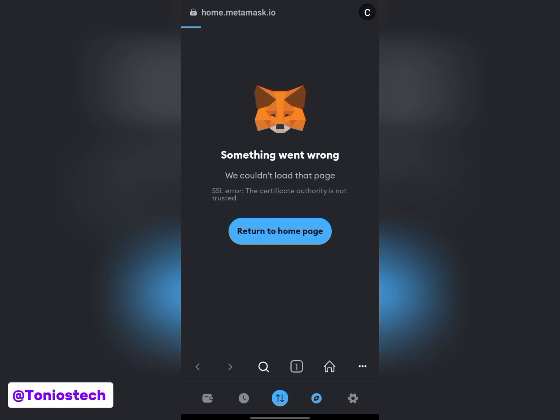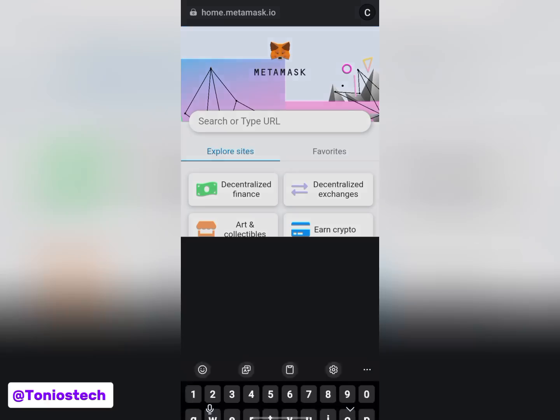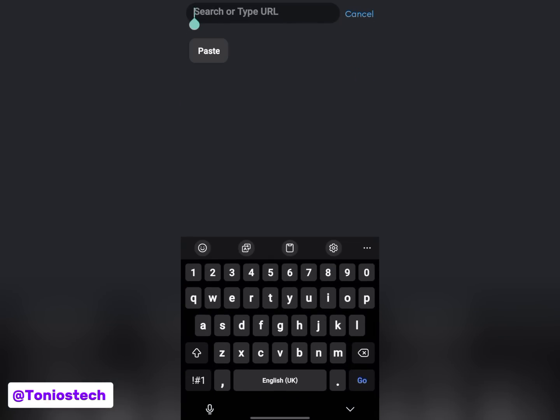Now, for some reason, I don't know why I keep getting this error on their page. And a lot of people have also reached out to me that when they try to do it with their Metamask, they keep getting this error. So for that sake, I'm going to skip this Metamask session and I'll show you simply how to do it